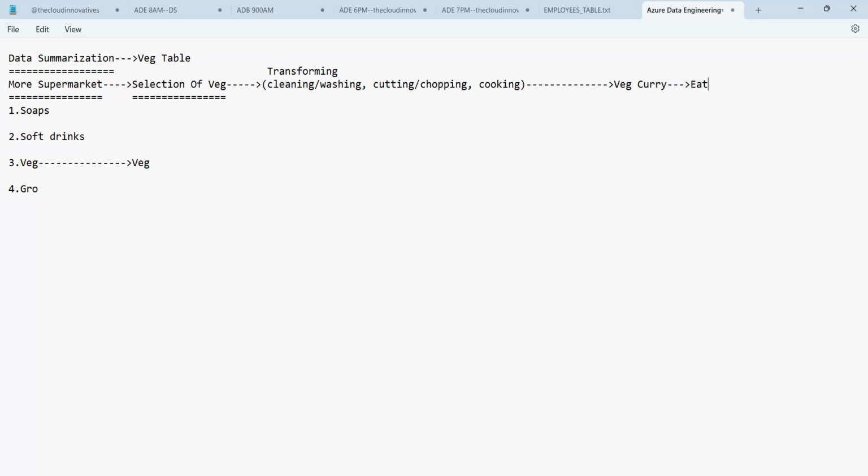So here in the process, what do you have? Can you see? First one is the selection of vegetables. Second one is the transformation of the vegetables. And the final layer is nothing but the eating of the vegetable curry. In this particular process, we have performed the following jobs. Technically, if we talk about it,